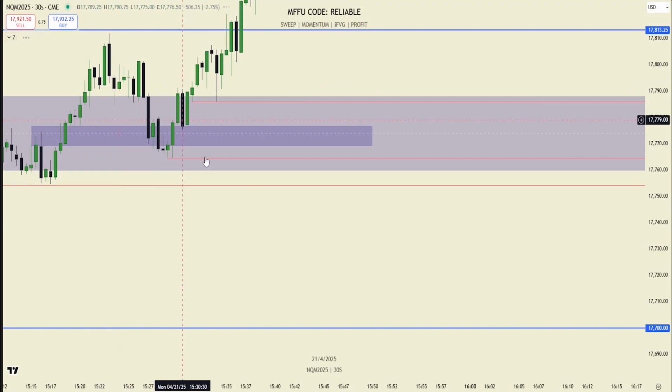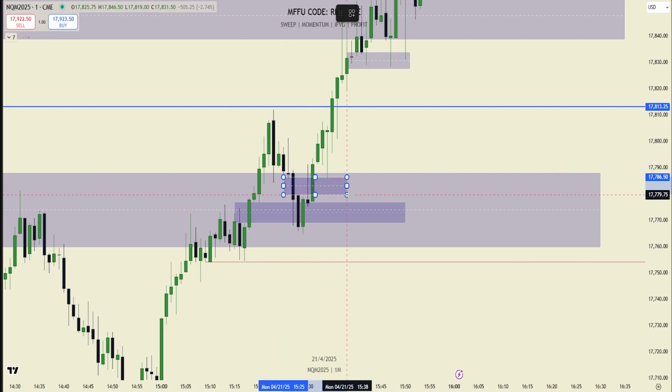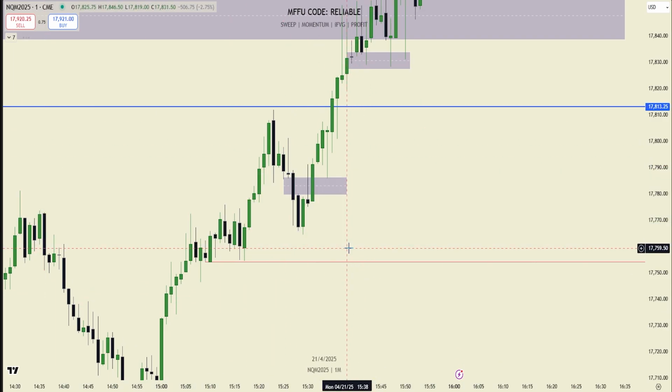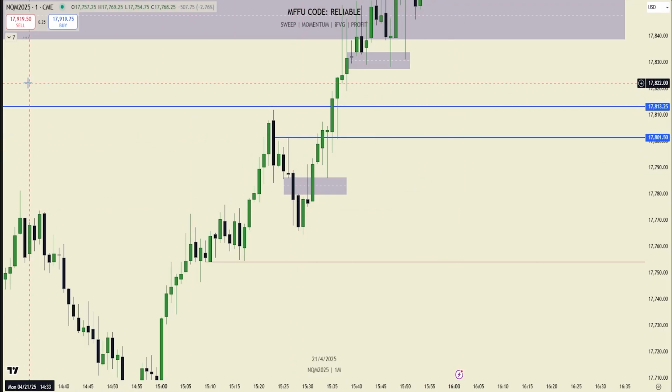And then the actual good long was, actually, what was it? The 1 minute here? This 1 minute was like textbook. This was very good. And this was what stopped out the trade. And then obviously that was just a break even if you want break even at this high. But yeah, honestly, in hindsight, probably made more sense to just hold for the high since those were relative equal.